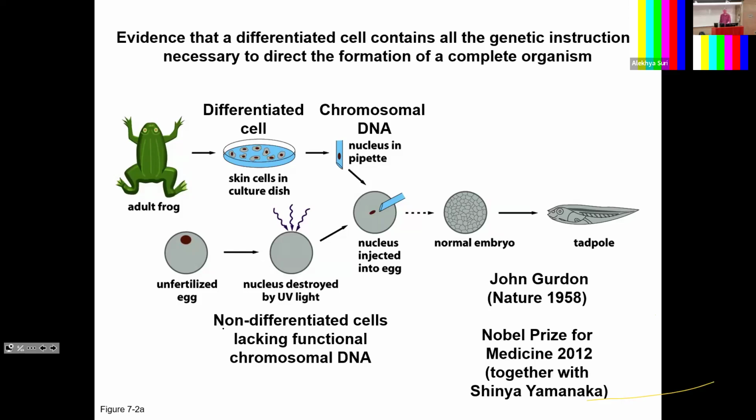So this is evidence that all the gene expression programs are stored in the DNA. You would not need other parts of the cell, like the rest of the skin cell. All that is important is the nuclear DNA. This was found by John Gurdon,